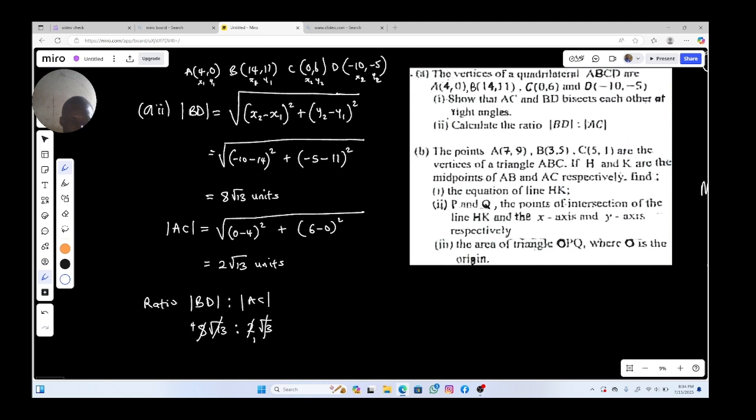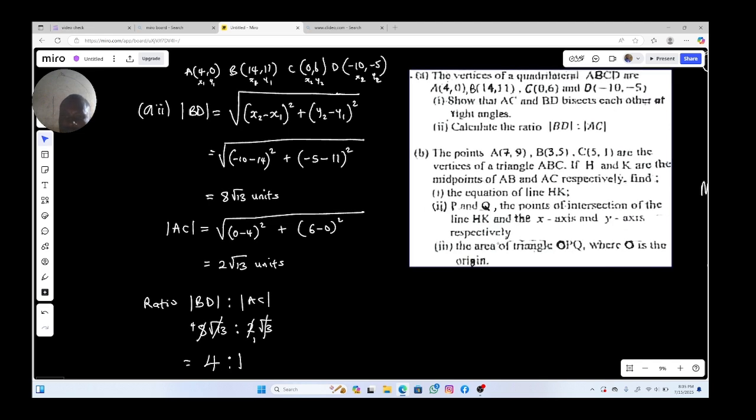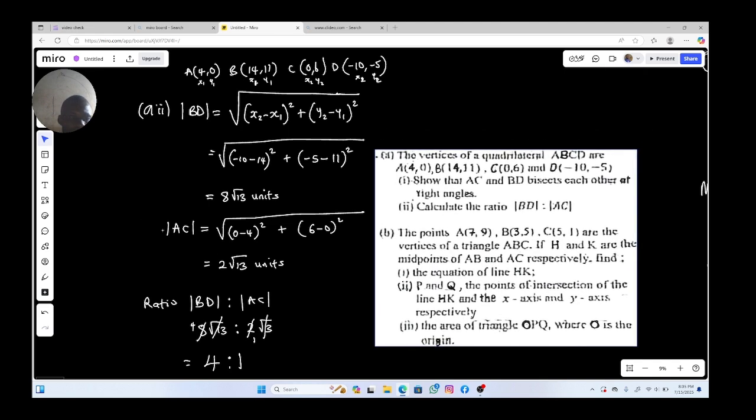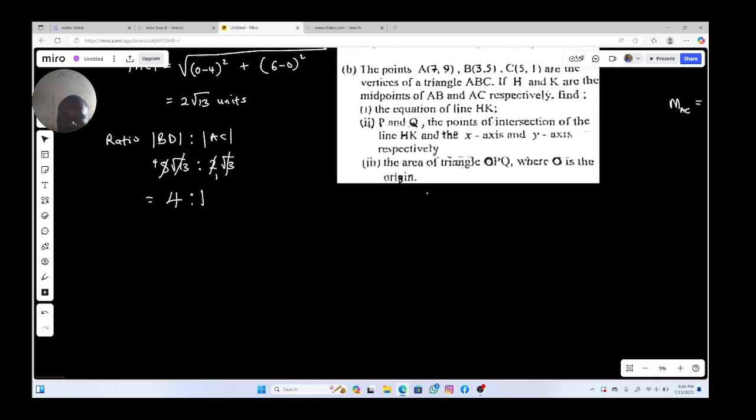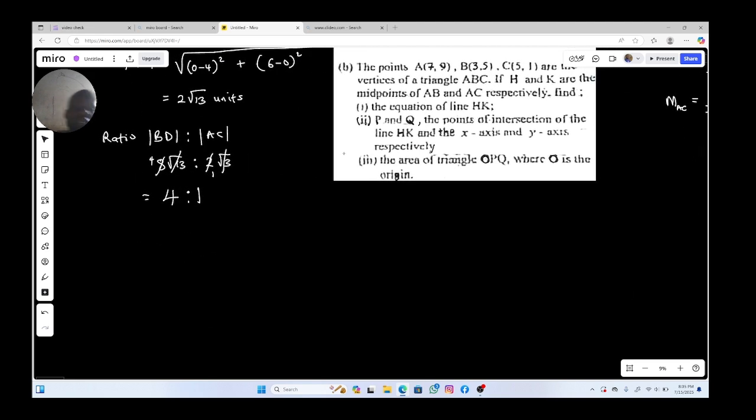So the ratio, ladies and gentlemen, is going to be equal to 4 is to 1. So number 2, the II is done and dusted. So we're going to jump into the B part of the question. I'm going to shift the question down so that we can have a little space to solve them. Now the B part of the question says